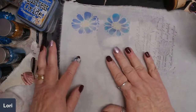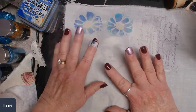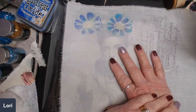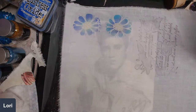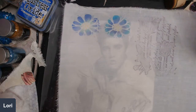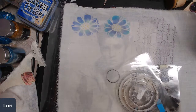So you could paint on this, I'm sure, because I painted on the other that I did earlier. I was working on the fairy journals. So I put everything in this envelope, and I'm just wondering if I popped my stencils I was using in there. I can make something for my fairy journals. Hold on. Where's my...